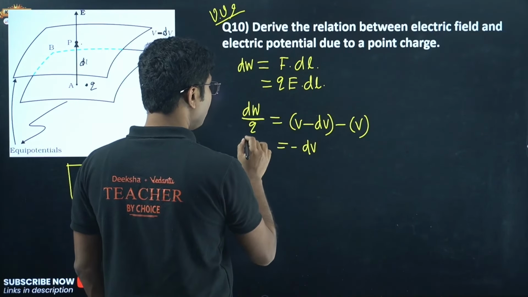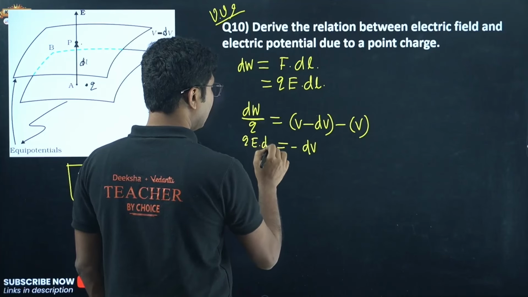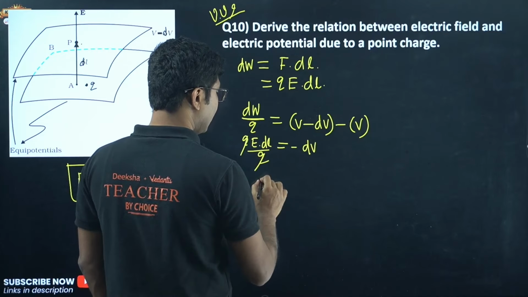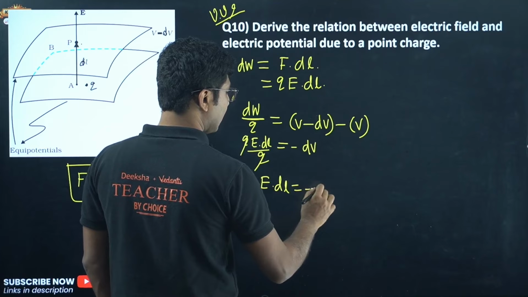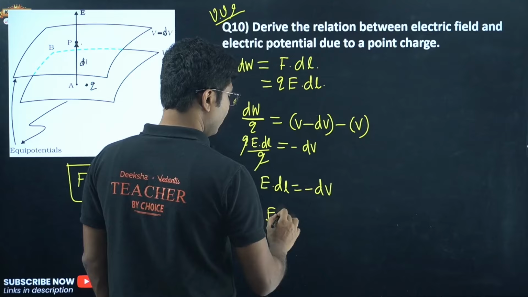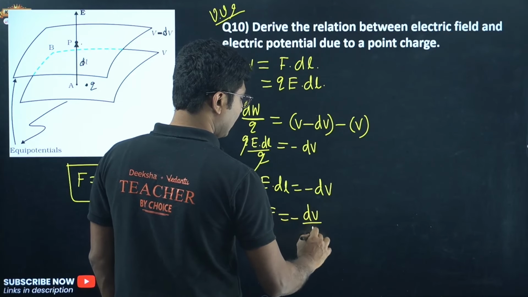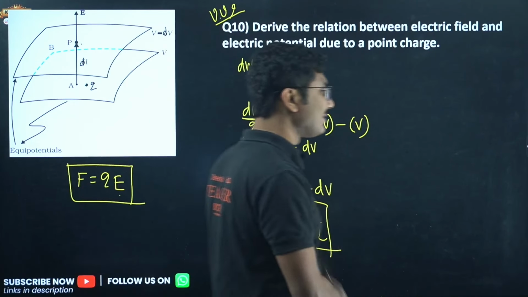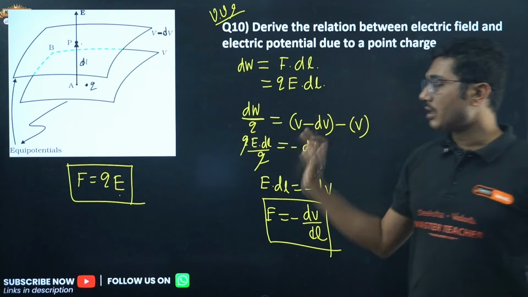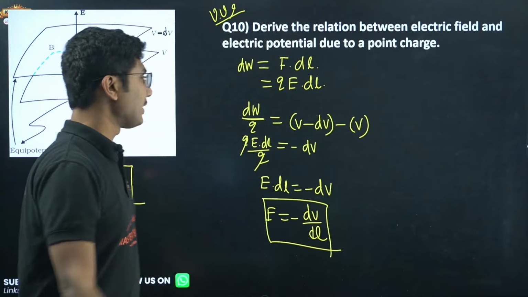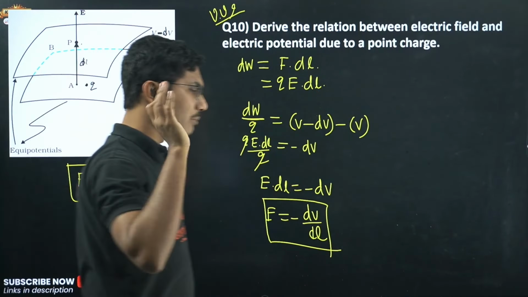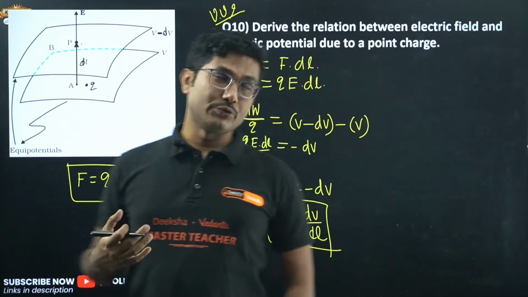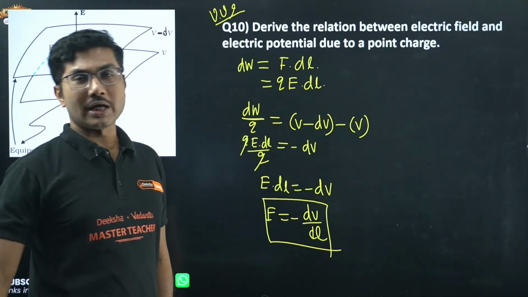Now put the value of dW: Q into E into dl by Q equals minus dV. Q cancels, so we get E into dl equals minus dV, or E equals minus dV by dl. Okay, diagram is compulsory in this particular case, and this is the easiest derivation of this particular question. The derivation that I have used, if you remember the symbols in the textbook, in other books they have used complicated symbology, and you might get confused,